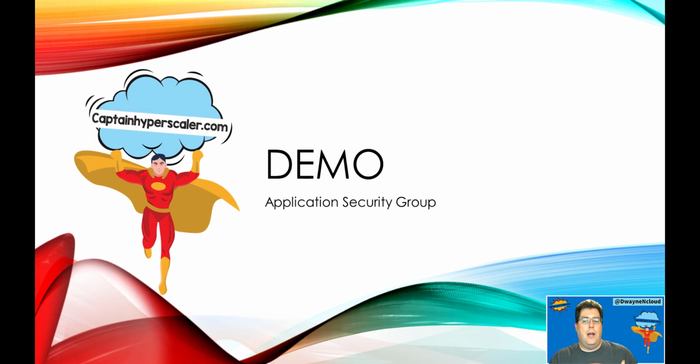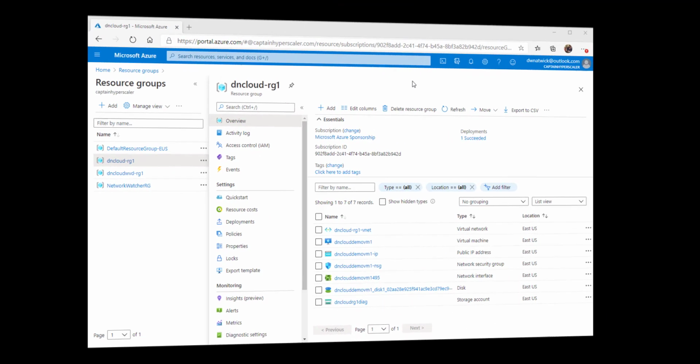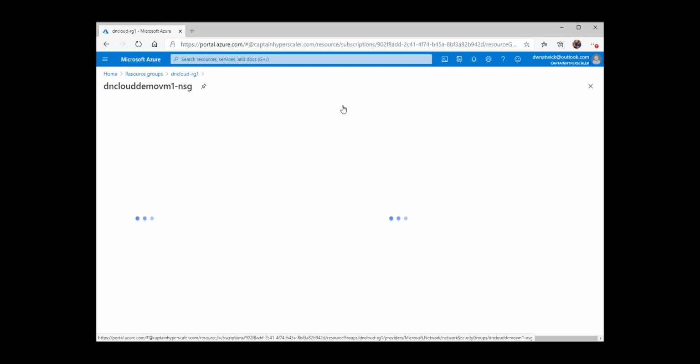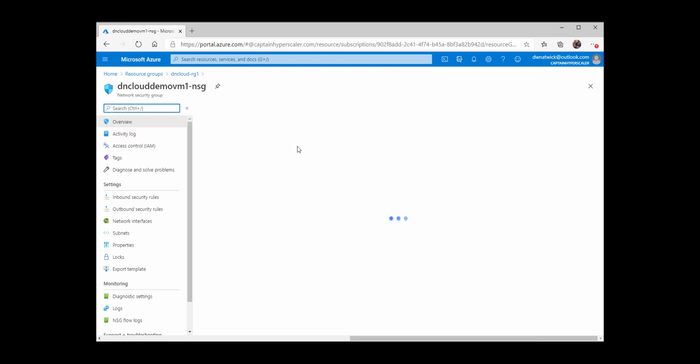So what we're going to do now is jump into the Azure portal really quick, and I'm going to show you how application security groups are configured right within a network security group. So let's take a look at application security groups within the Azure portal. Here in my resource group, I have a network security group already created within the environment. If I click on that network security group, it will go to it, and we can take a look right within here at creating